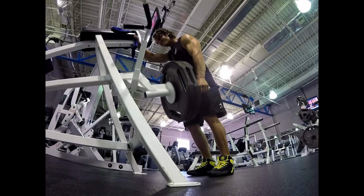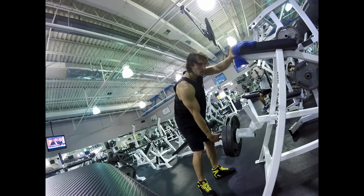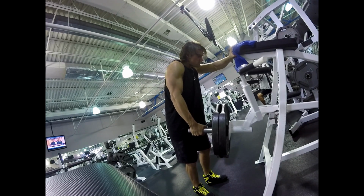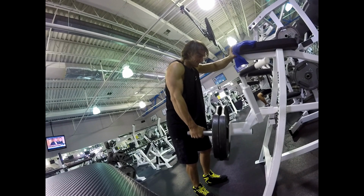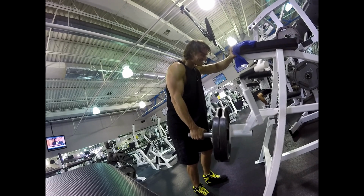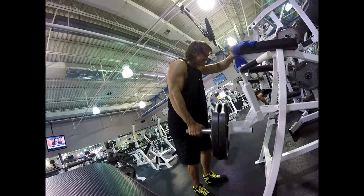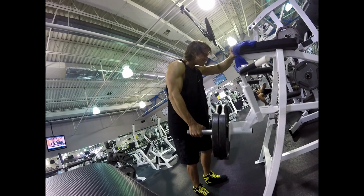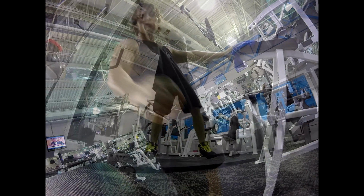you got to keep burning calories when you're trying to tone up, especially. I'm kind of an energetic person as it is, being such a hard gainer. I mean, that's what most hard gainers have trouble with is because they burn so much energy already. They're burning calories all the time, and that's why it's hard for them to gain muscle. But once you do gain that muscle and you get the size and you want to really tighten up your muscles even more and get rid of that fat,